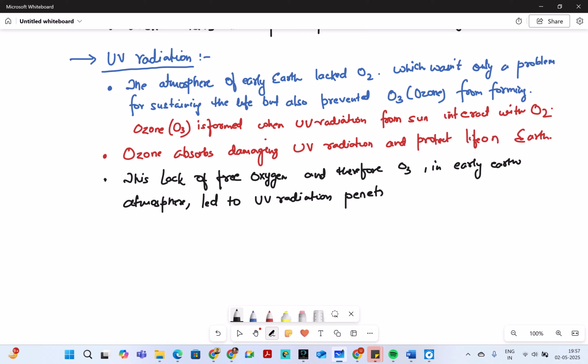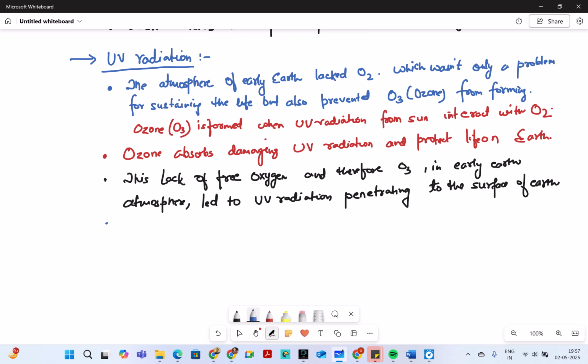Because it was not there, it was penetrating to the surface of earth, and this is how the high radiation started reaching the surface of the earth, and